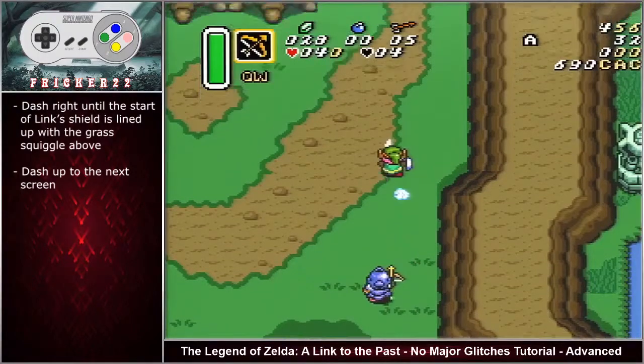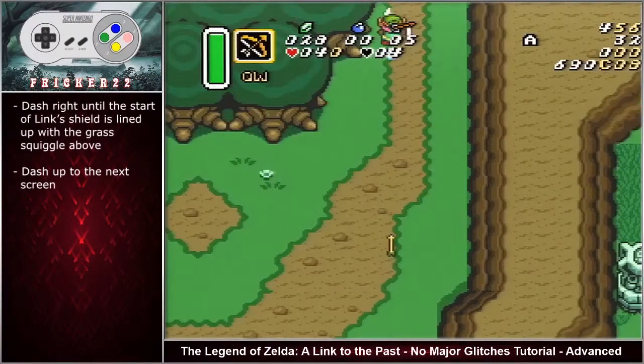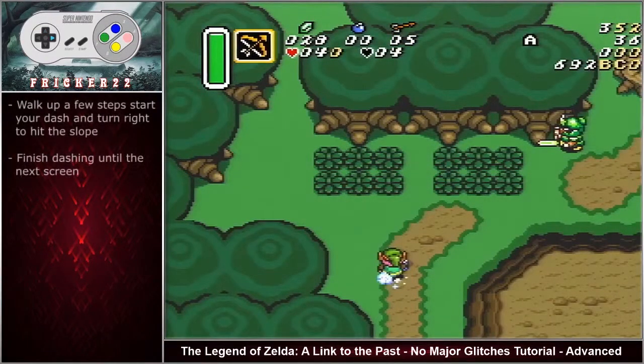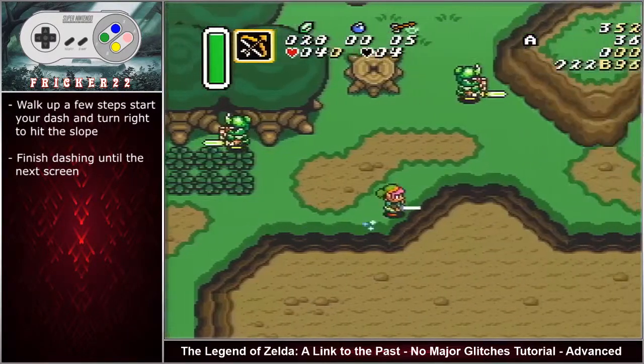That'll put Link a few pixels to the right of the tree line, but not too close where you think you might bonk. Here you just want to hold up for a few tiles and then start your dash and turn right at the start of the mountain slope, and just continue to dash all the way through the screen